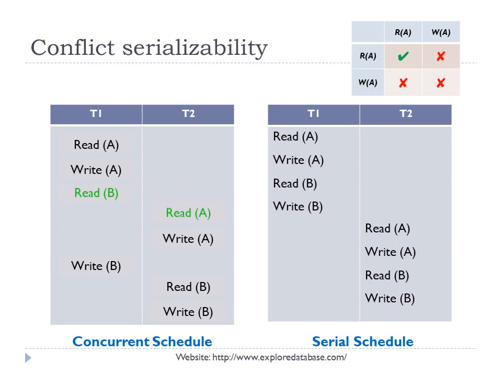Yes, we can swap. Also, the write A, write B, they are not conflicting instructions because they are working on different data items. Hence, we can swap them, and at the end we arrive at a serial schedule. And this serial schedule is just the same as the serial schedule on the right hand side. Hence, the concurrent schedule is conflict serializable and it is equivalent to the serial schedule on the right hand side.